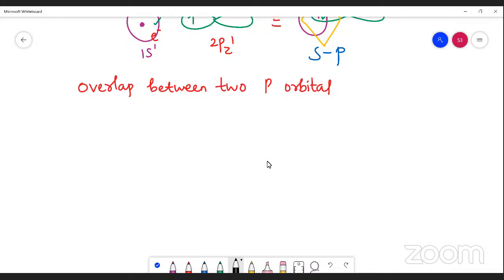If I consider the x-axis as the molecular axis,